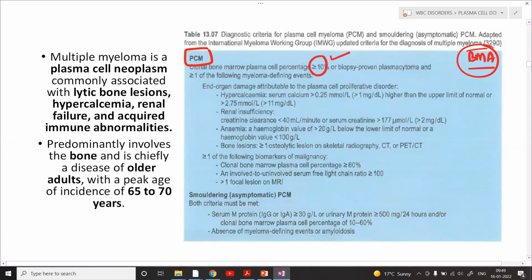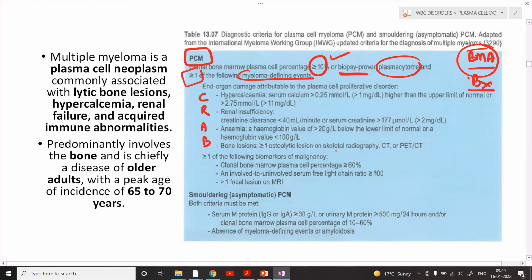This is either this, or for example, if the patient is suffering from plasmacytoma, there is a mass that was seen in radiology and you have done a biopsy from that particular mass. In that mass, you can see a plasmacytoma, a group of cells containing just plasma cells. Either of these should come out to be positive, along with more than or equal to one of the following myeloma defining events. So what are the myeloma defining events? They are actually